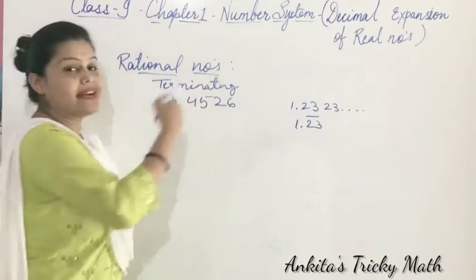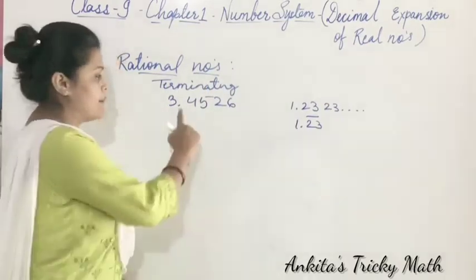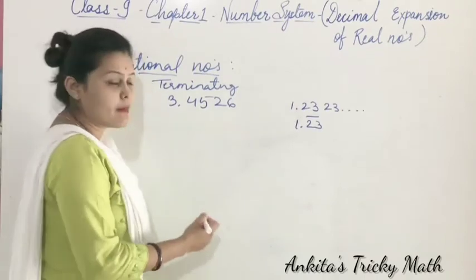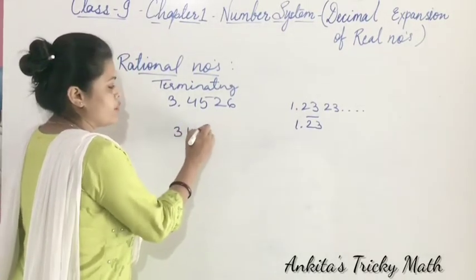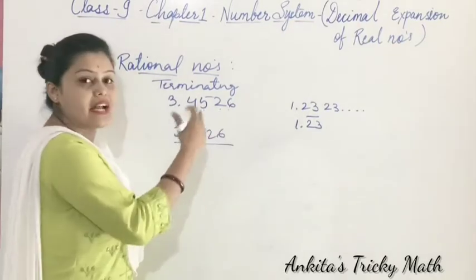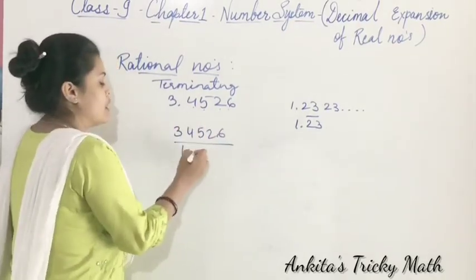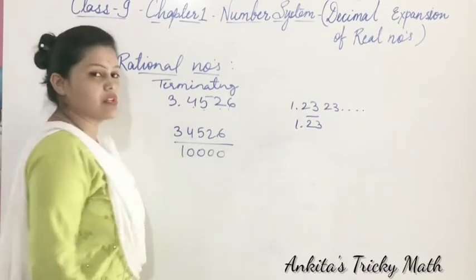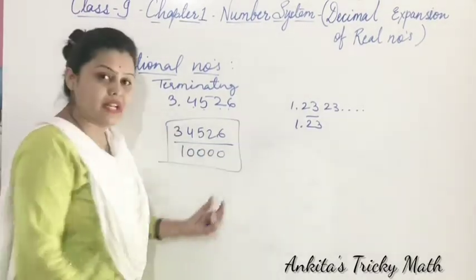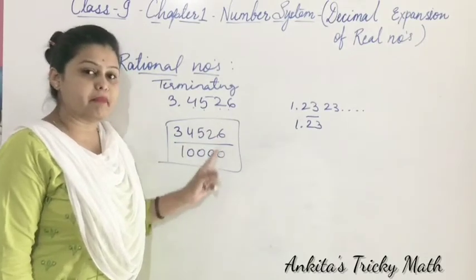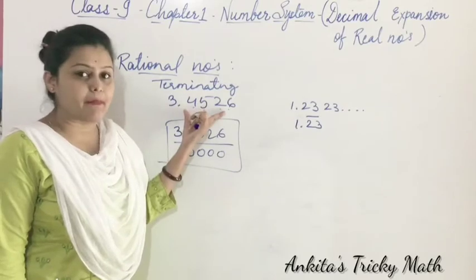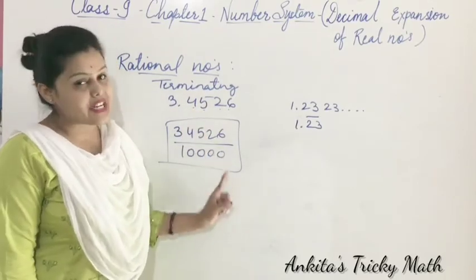अब इसको हमको अगर डेसिमल से फ्रैक्शन में कन्वर्ट करना है, हम डेसिमल रिमूव करेंगे और जीरोस डिनोमिनेटर में प्लेस करते हैं। तो इट विल बी 34526 अपॉन, हाउ मेनी नंबर प्लेसेस आर देयर आफ्टर डेसिमल? 4. सो अपॉन 10,000. So we can say that this is a rational number. It is in the form of p by q. So it is a rational number. That means when a terminating number is there, we are getting a rational number.